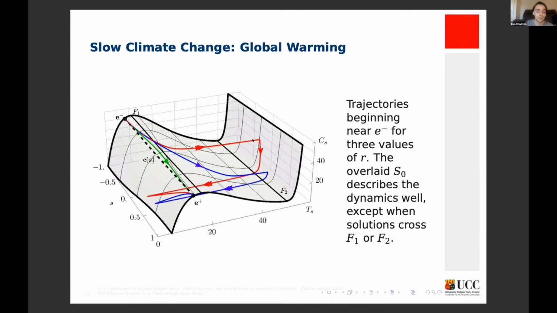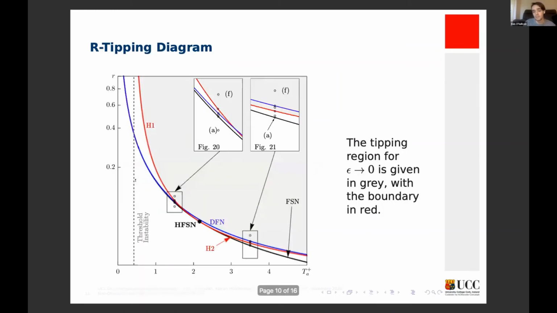Further still, from the slow-fast analysis, we can reduce this problem again through desingularization to find critical points along this fold, which become equilibria through desingularization. And the upshot is eventually we can simplify this whole rate-induced tipping problem to connections between equilibria. So when does E minus connect to equilibria which sit along this fold F1? And that's nice because heteroclinic connections are something we're familiar with, know how to do, and something we can actually calculate,